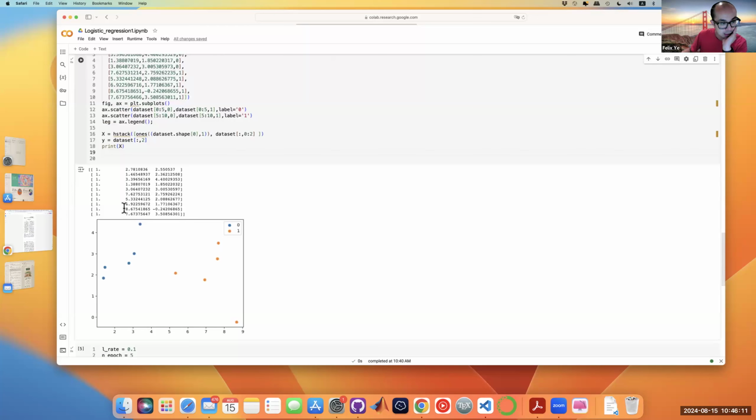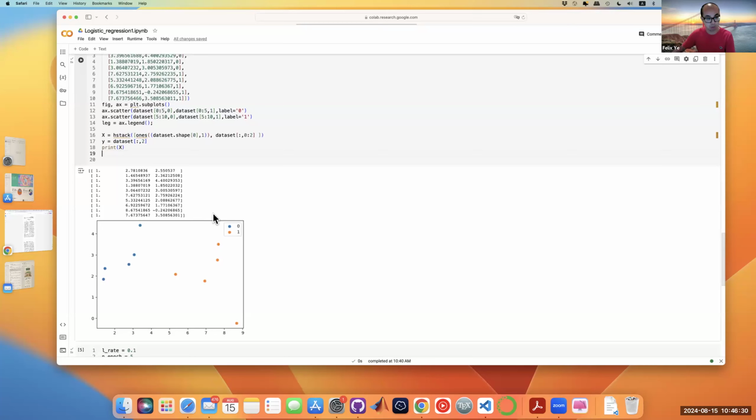You can see these 5 points correspond to the class of 0, and this portion corresponds to the class of 1. So 0 versus 1 in 2D plane. There is a possibility we can draw a line right here, right, to perfectly separate the orange dots and the